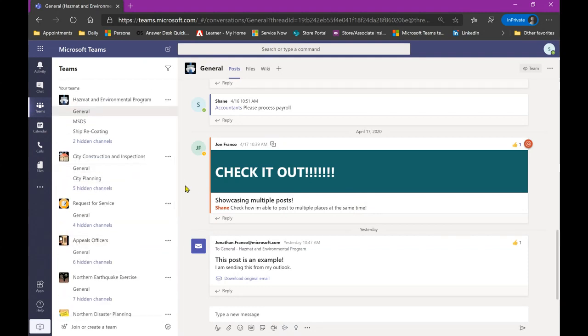A public team will allow anybody within the organization to join that team, or you can create an organization-wide team. An organization-wide team will automatically add everybody within that organization to that team. So if you're booting up Teams for the first time and you've been added to an org-wide team, those teams will show up over here automatically. But if you have not, you will not be a part of any teams, and you will need to be invited to a team or join a